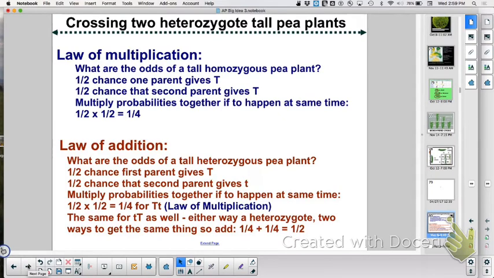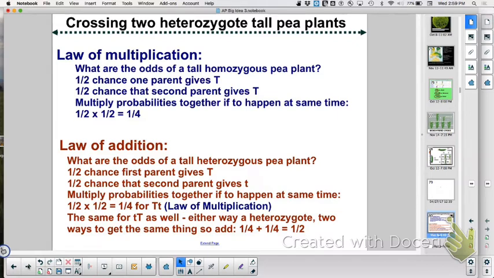Okay, good. Now, if there is more than one way to get the same thing, and you think about a Punnett square, you want to multiply. If it is the exact same thing, big T, little t, big T, little t, little t, big T, those ultimately will get you the same thing. Do you agree with that? Yes. Okay, so on those, you need to add them up, because there's more than one way to get the exact same thing. If you could have different outcomes in a sequence of events,